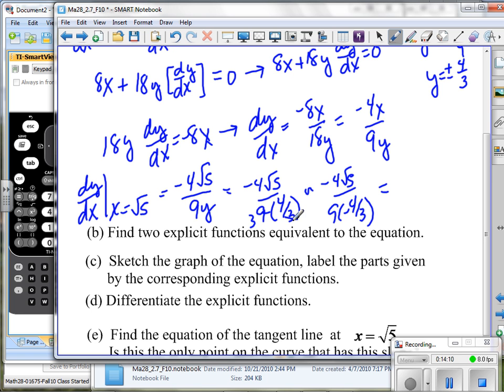So let's see if we can do this. This would be 12. This would be negative the square root of 5 divided by 3. How am I doing? And negative 4 the square root of 5 divided by negative 12, right? Down here. So that should turn out to be a positive